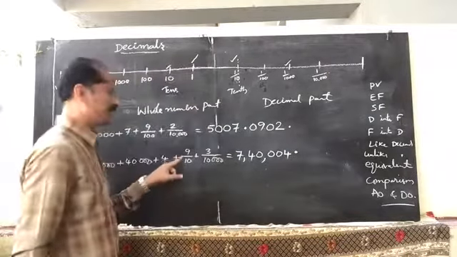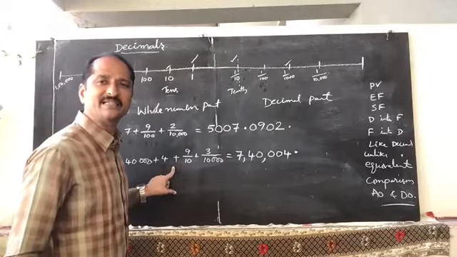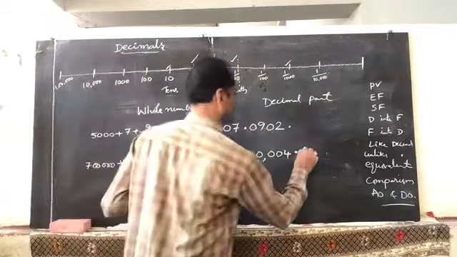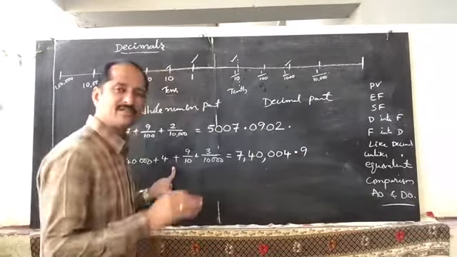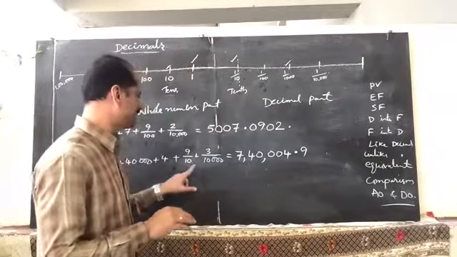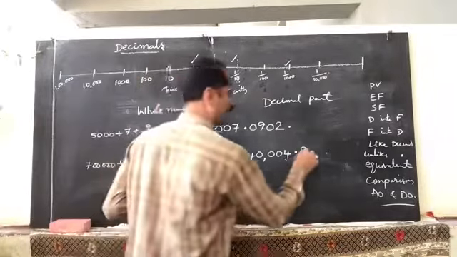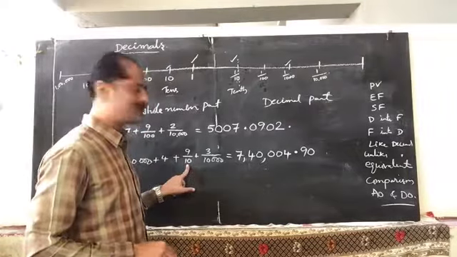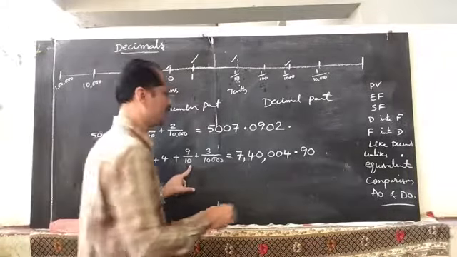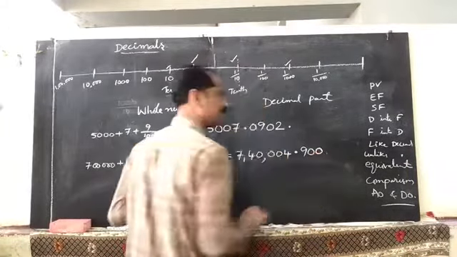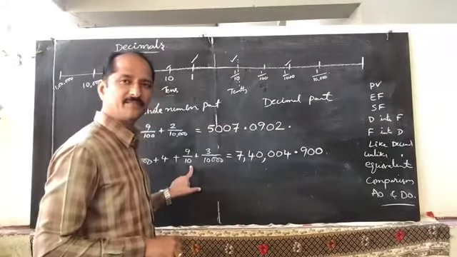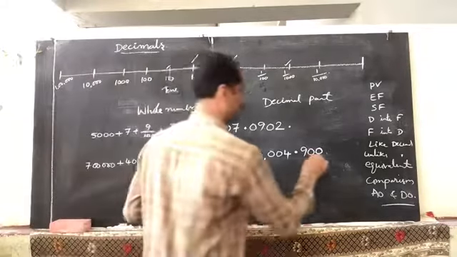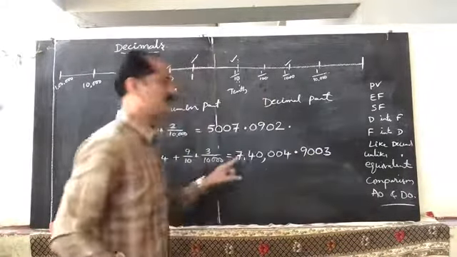Then coming to this one. Next lower than the decimal point, 10th place. Digit in 10th place is 9, so write down 9. Next lower than 10th place is 100th place. Digit in 100th place: nothing is there, so place 0. Next lower is 1000th place. Is there any digit in 1000th place? No, so write down 0. Next lower than 1000th place is 10,000th place. Digit in 10,000th place is 3, so write down 3. So writing this is the shortest form.